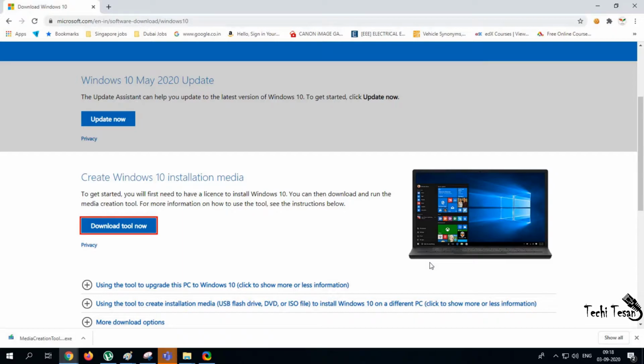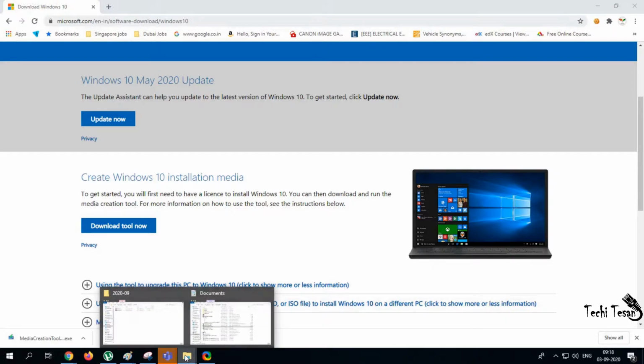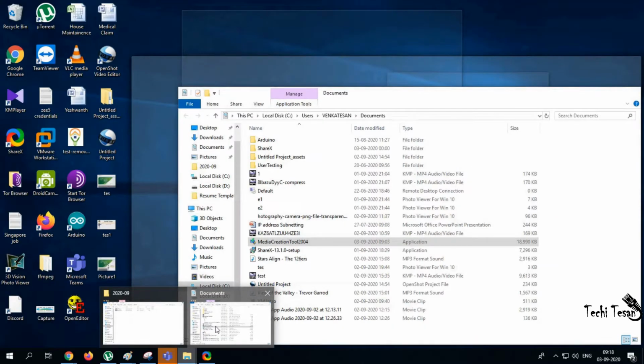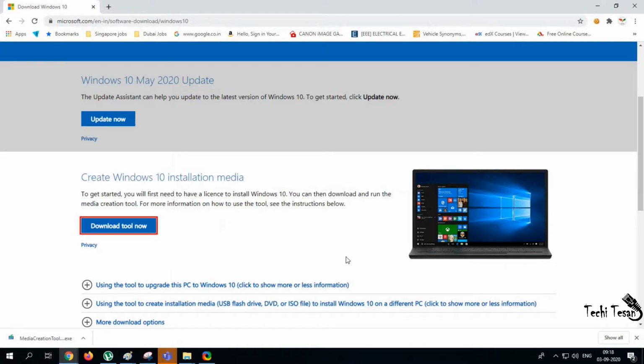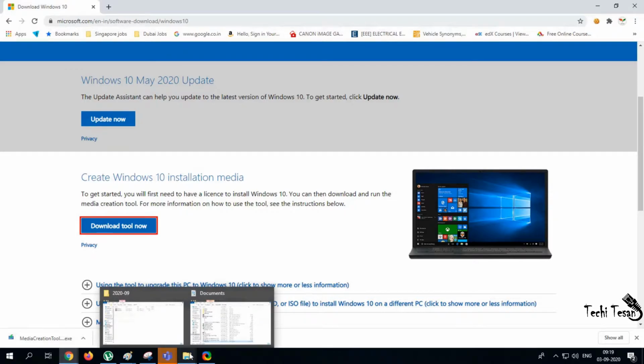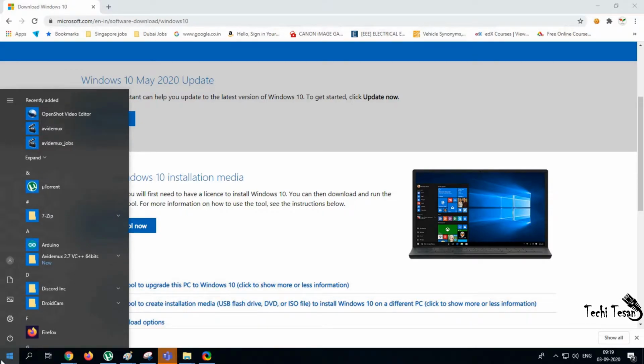This will take a very long time. Once the file has been created, it will be available in the path where you have saved. I guess you could see the ISO image file on the screen. Now, open the VMware Workstation application from the Start menu. Go to Start menu, click on VMware Workstation application.